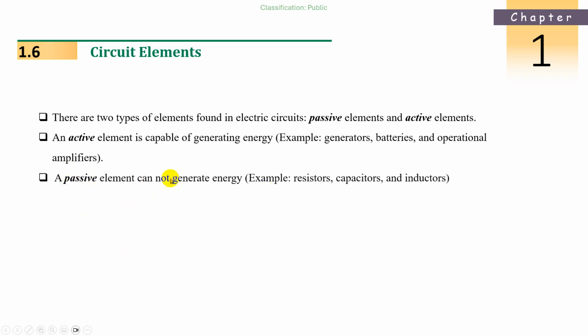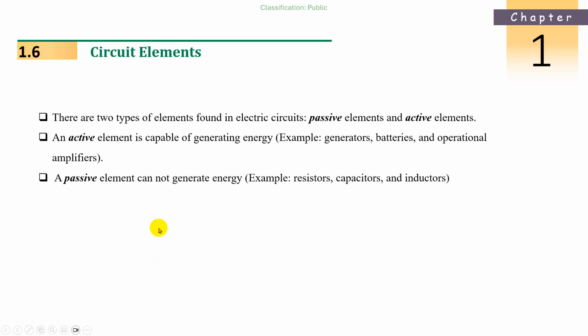Next, a passive element cannot generate energy. Examples: resistor, capacitor and inductors. For a DC circuit, resistor, capacitor and inductors are generally passive. For AC, when it stores energy, then it becomes active. But we are studying only DC circuits now. In chapters 7 and 8, you will study AC, and there I will tell. So now resistors, capacitors, inductors are basically passive elements which take the energy and